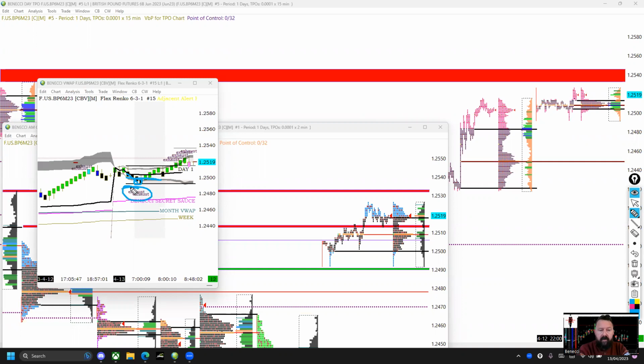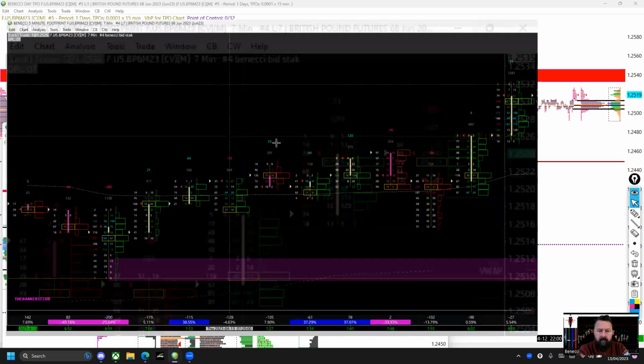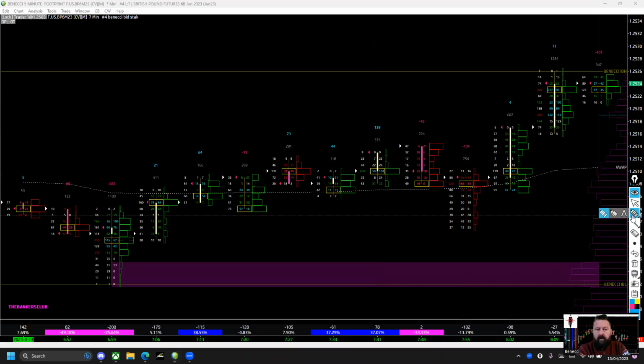Delta divergence is going on with exhaustion. And then as you can see, price started auctioning higher. So that's what it looked like on the VWAP, well outside the bands. Footprint. So we got